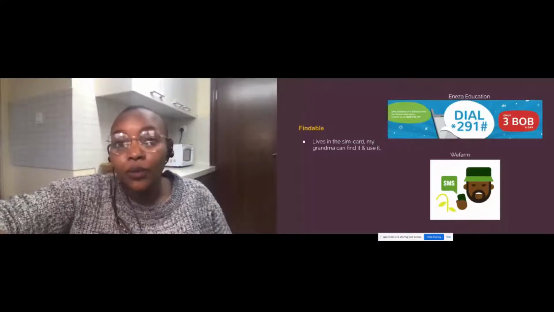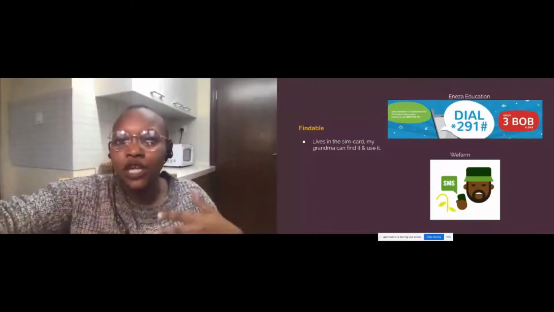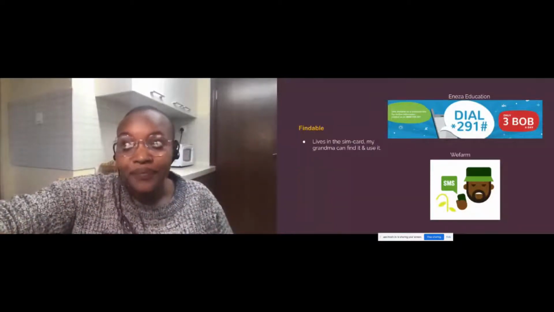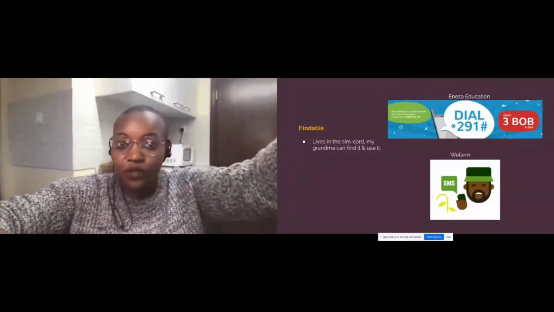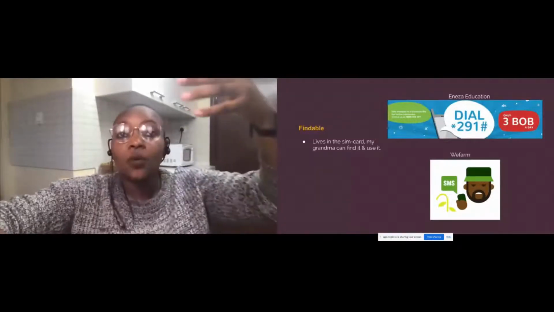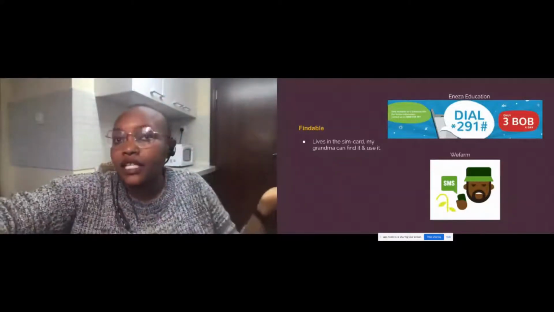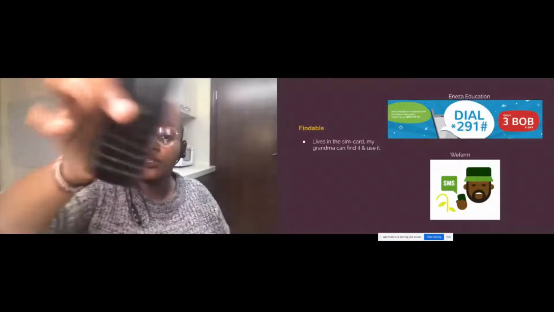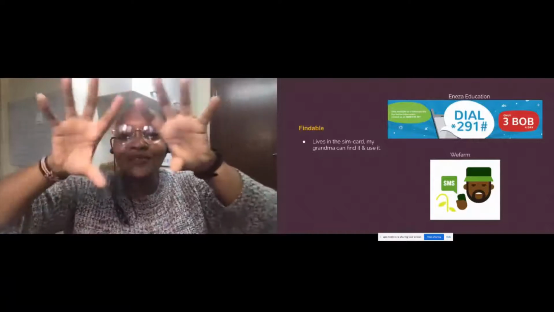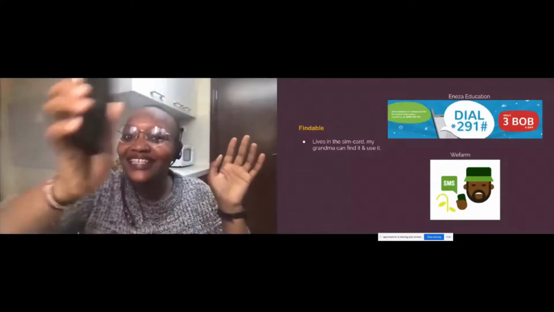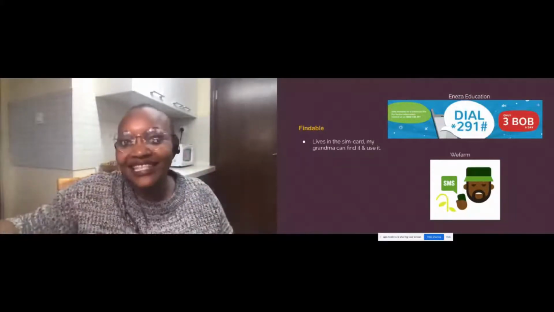Then we have WeFarm, which is another really amazing service. WeFarm is a peer-to-peer sharing of knowledge among smallholder farmers. So we have a city called Nakuru, which is out of Nairobi, of course. A farmer in Nakuru could ask, what is the price of, let's say, a kg of garlic in Nairobi? And they could just ask on their feature phone and they'll get a response. So what WeFarm has done is like plenty of WhatsApp groups, but on a feature phone. You could be on an onion group and get messages and ask questions and get responses.